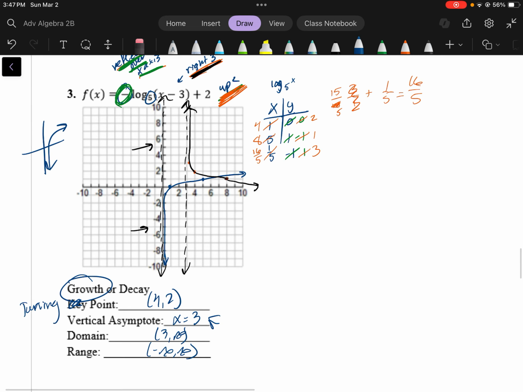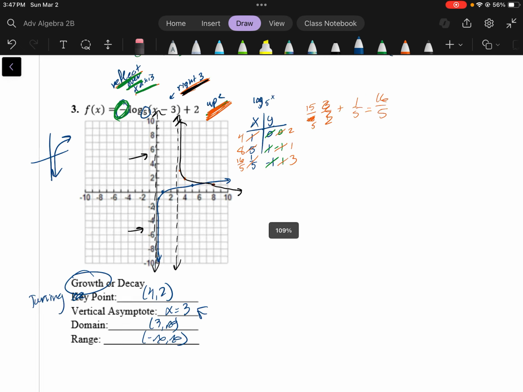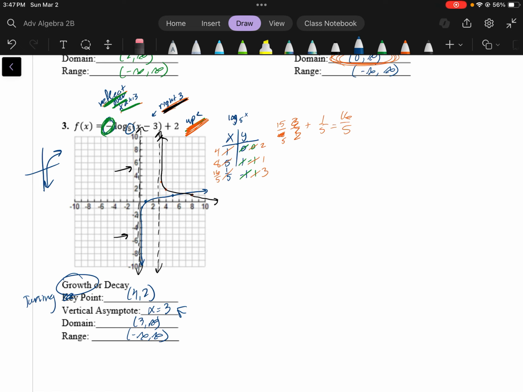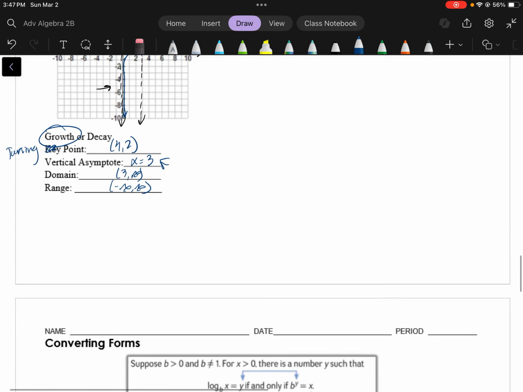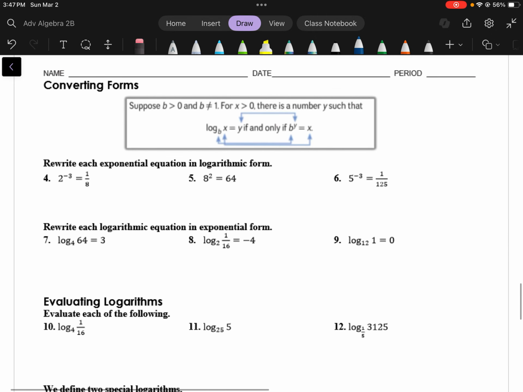Okay, and I know I'm going through some of these kind of quick, but that in essence is how to graph logarithmic functions. They're very similar to exponential. You just kind of have to flip-flop the important pieces like the turning points and some of those other points and the asymptotes. You need to switch what they mean in your brain to help you graph the other one. Okay, so the last thing we're doing is going to be converting from exponential to logarithmic and logarithmic